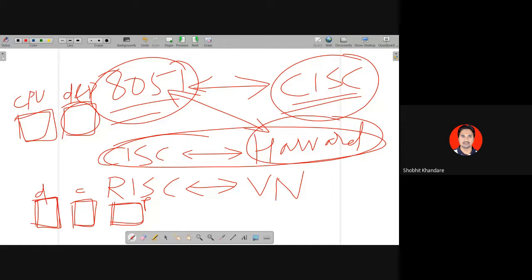In Harvard you have 2 separate memories, for data and for program, but in von Neumann you have a single memory which is used for data also and for program also. So this also makes a clear justification that hardware requirement will be more. The second justification